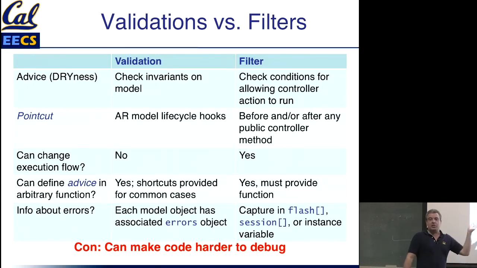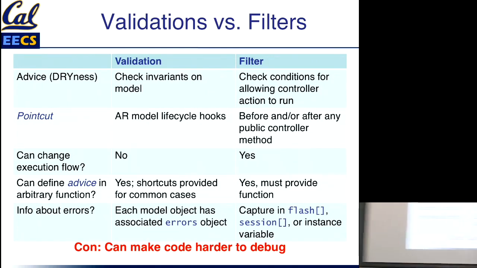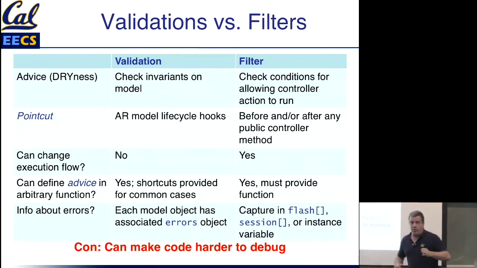So as with all such mechanisms, you use them judiciously, right? If you find that your controller has 5 or 6 before filters, something is wrong, right? You should be asking yourself, did you define your controller in such a way that it's being asked to check too many conditions, things that are not necessarily its responsibility? So use responsibly, just like cigarettes and alcohol, or at least alcohol.